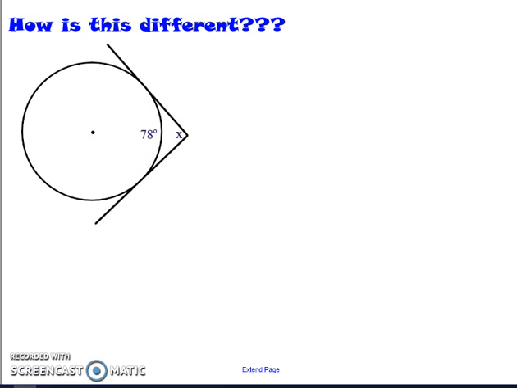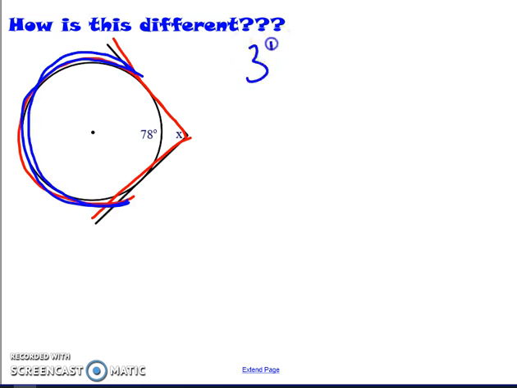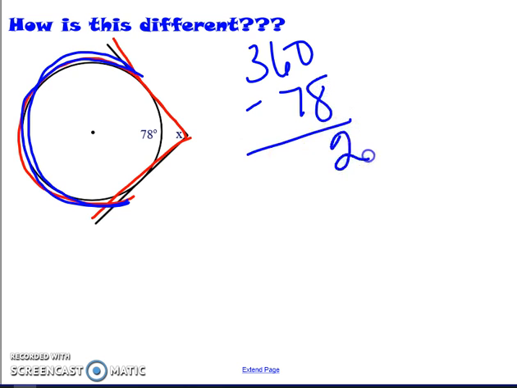All right, this one is made up of our two tangents, which means we really only have two arcs, and you're only given one arc to find this angle. So the first thing that we need to do is find this arc over here. So we need to know our major arc. So we've got to remember our major arc and our minor arc add up to 360. So if I wanted to find this, I need to start by taking 360 and subtracting the 78. So that leaves us